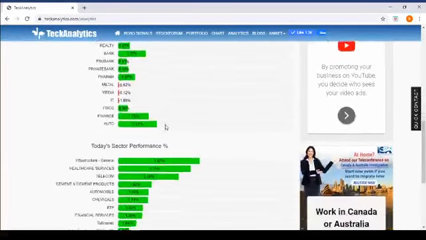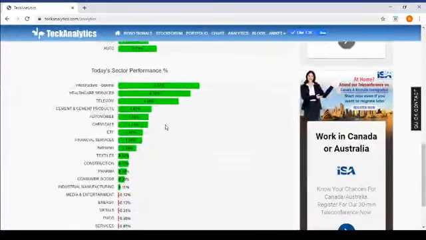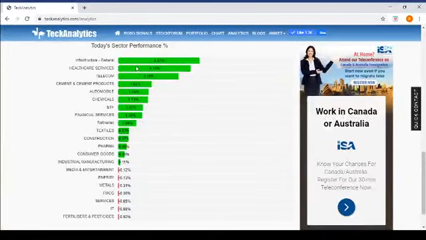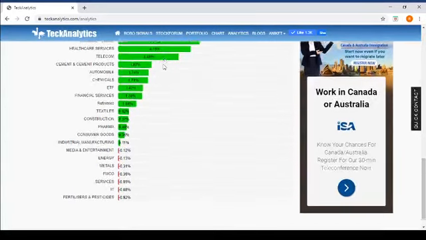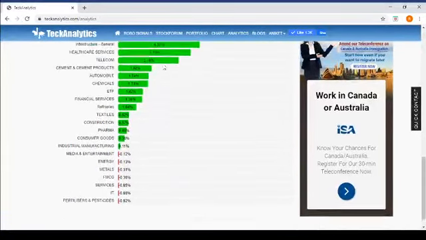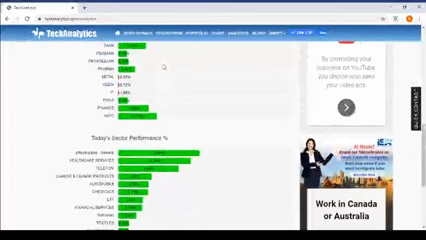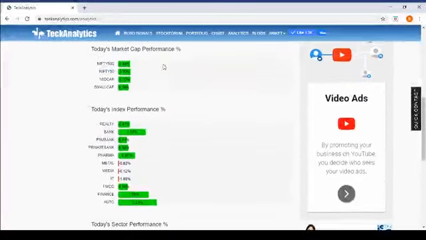And also the sector wise view is important to understand, overall market wise, what is going on in the sector. That includes mid cap and small cap also. Cement, for example, telecom and healthcare. So there is a ranking, so you can always keep an eye on what's going on sector wise, where the money is going in and when money is going out.